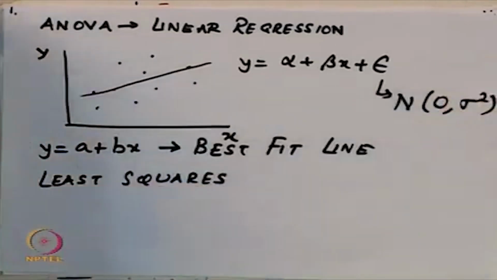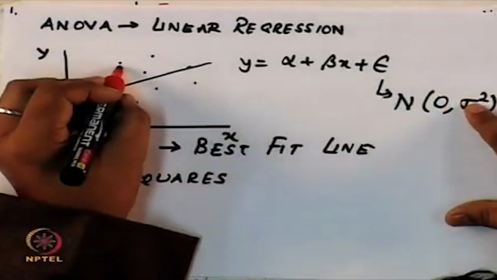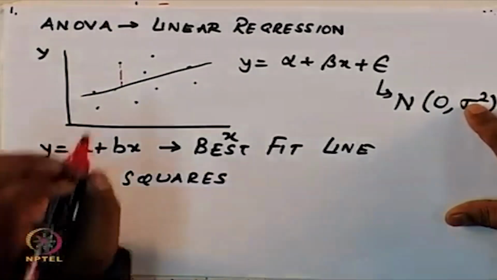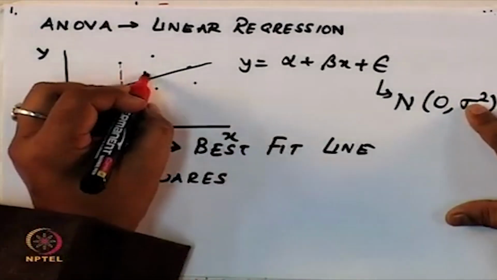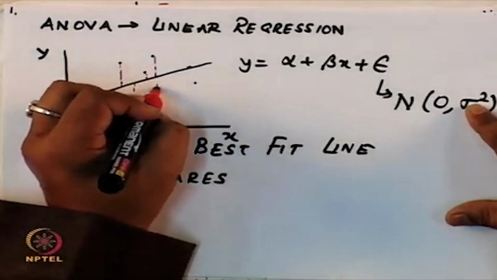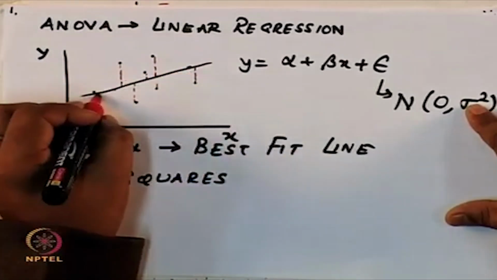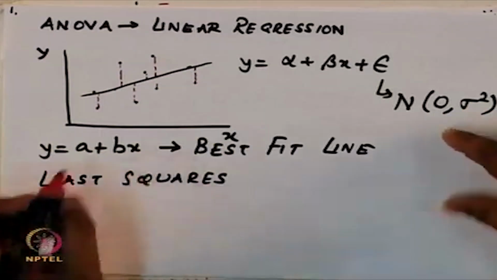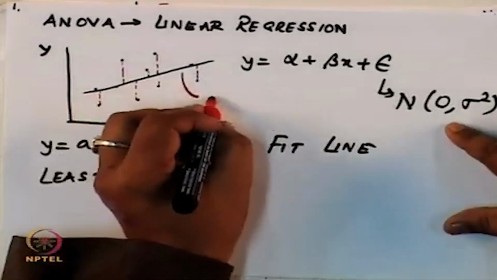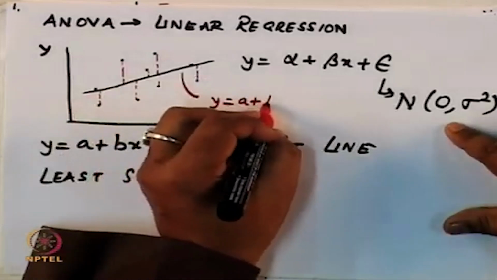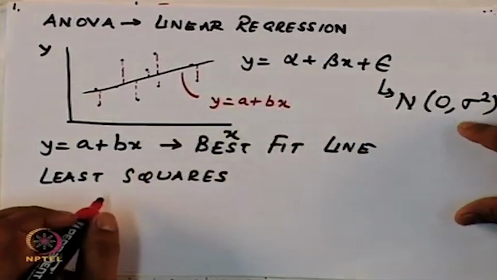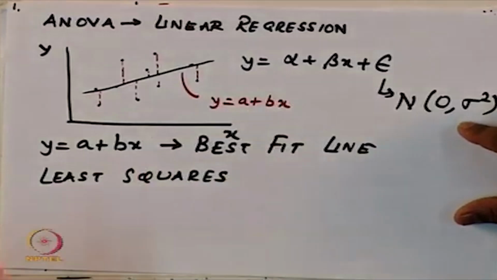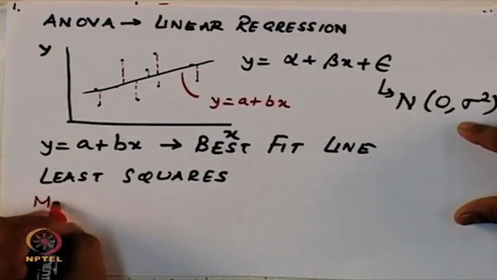So, in this approach, what you do is for each of these points, you try to track the deviation of these errors. Okay. So, let us say the equation is y is equal to a plus b x. Okay. So, in your least squares approach, you are minimizing